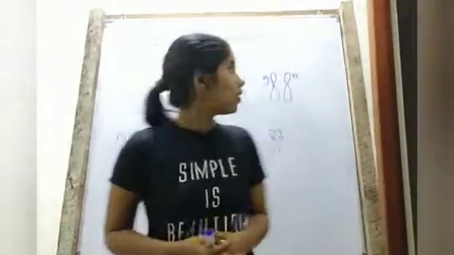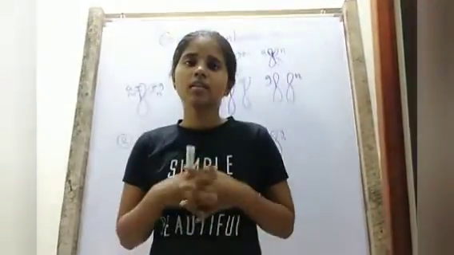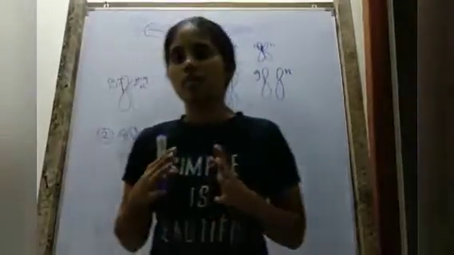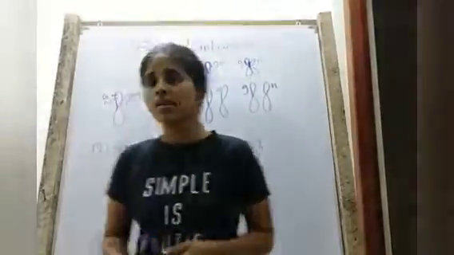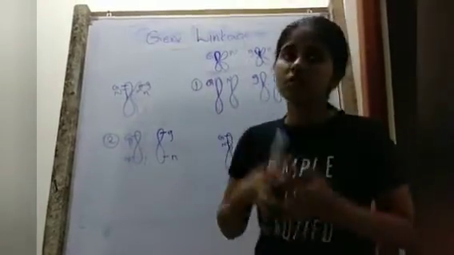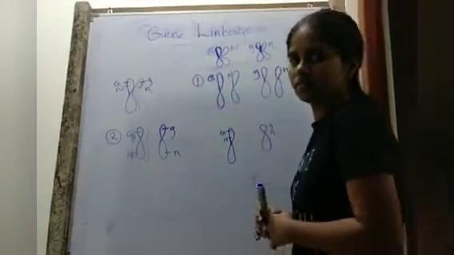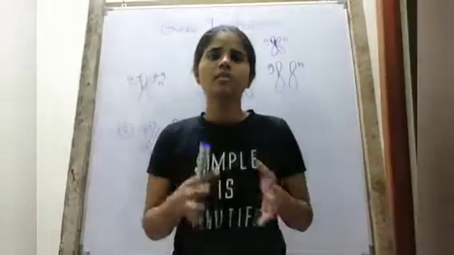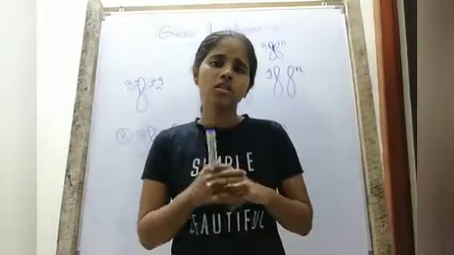Now we are going to talk about genetic linkage. Some genes coding for particular characters are located on the same chromosome and close to each other, like in this instance. Thus they escape from crossing over and independent assortment that occurs during gametogenesis and are inherited together, like this. This results in deviation from Mendel's laws of inheritance. This phenomenon is known as gene linkage.